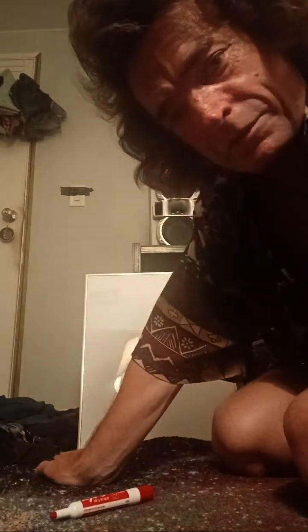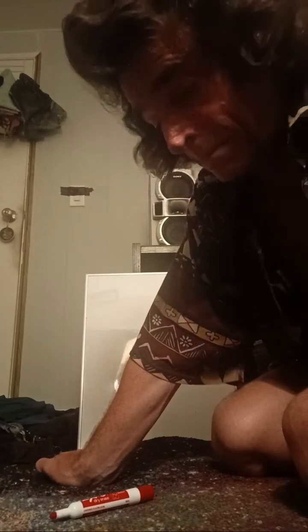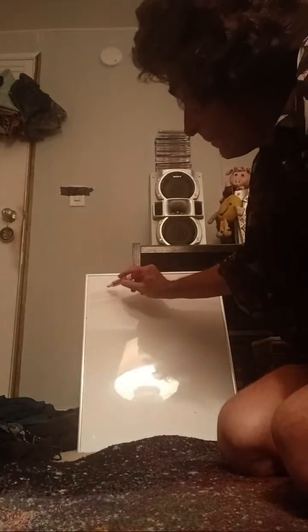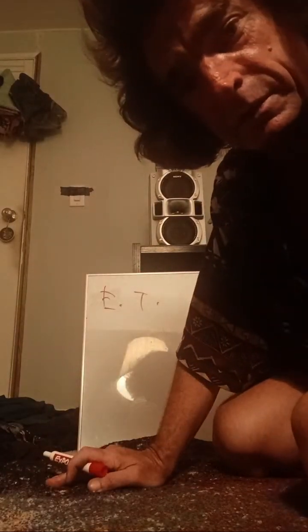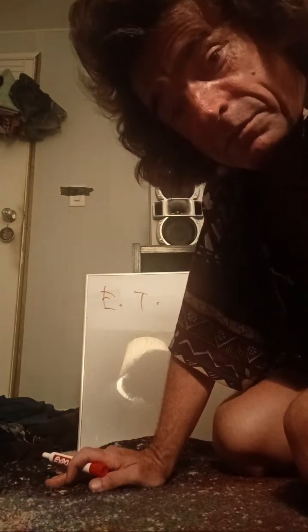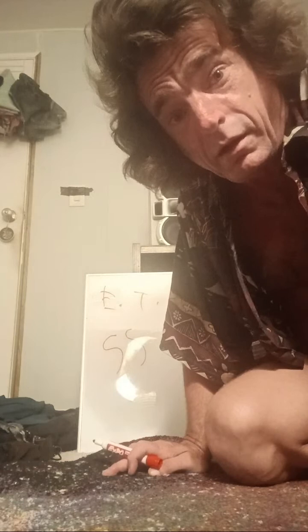Now I want to talk about what I mean by existence theory real quickly. I mean the theory of how we came to be, or how anything that exists came to be. That could even be applied to God, but it can be applied to many things, to ourselves, the creation of the universe, and all kinds of things. And that's existence theory, ET. I don't have to write out existence theory. You guys can hear me. Now, existence theory seems to be a combination of two things that start with S. Spiritual science.